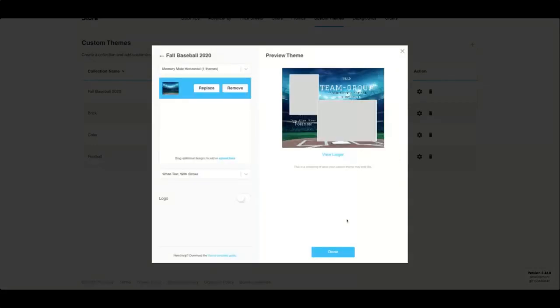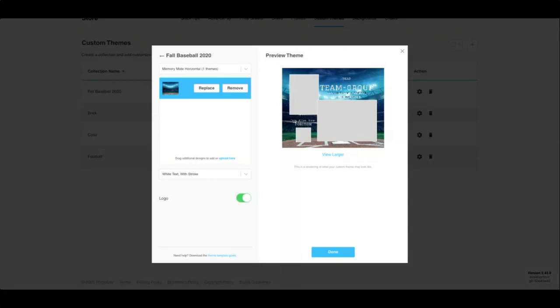Now, one more thing that we have here that does work with both MemoryMate templates is the logo. So, and I'll show you how that works, but I'm going to go ahead and turn it on, and it's going to show me where that logo gets positioned. Now, if your logo is in your background template, you'll want to leave that off. You don't want 2 logos. That looks weird, right? So you'll want to leave it off. But here, I'm going to leave it on because I want to show you how that looks